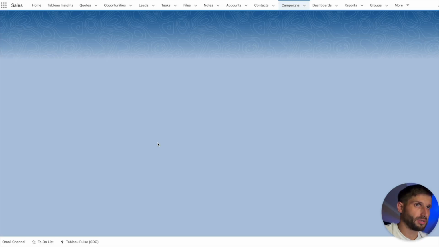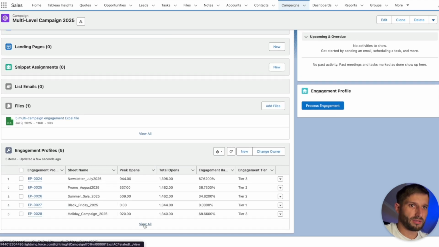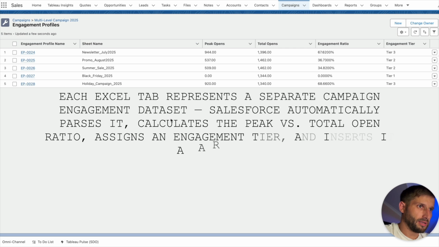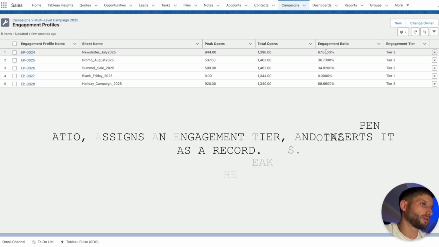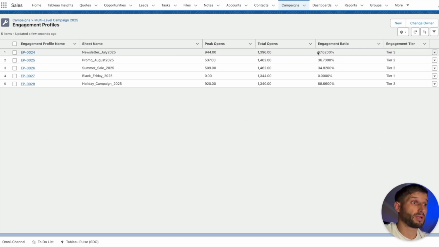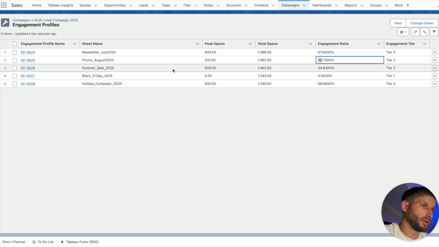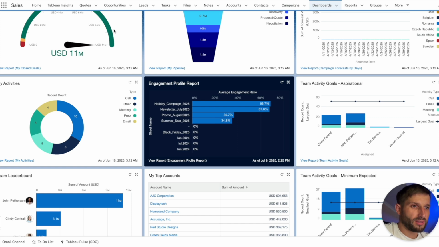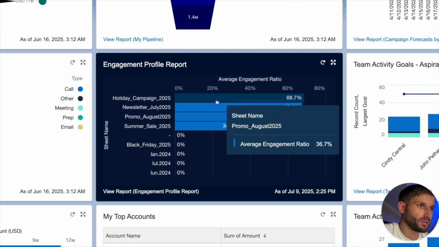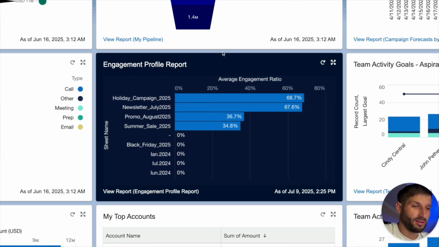Now we just reload this page, go to the records, and now we see engagement profiles. So what we see here is the calculated peak opens versus total opens, and we calculated the percentage of engagement ratio. So here we have 67% opens just during the peak hours, versus this example, just 36% opens in peak hours. By doing that, it enables you to consume and focus on the most important KPI and let the system